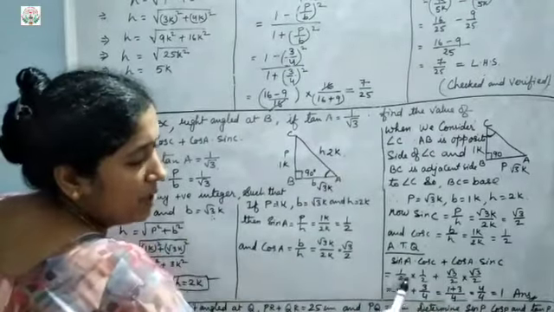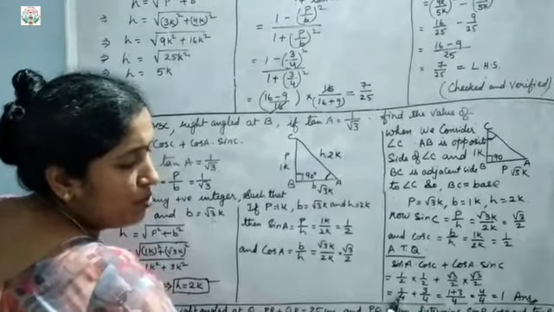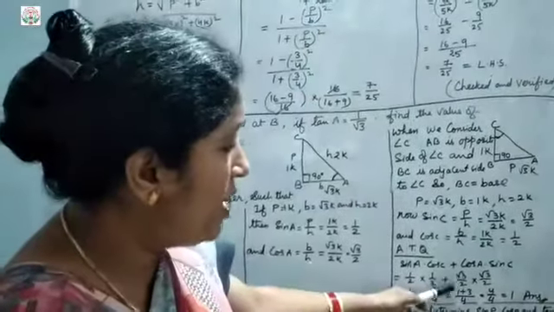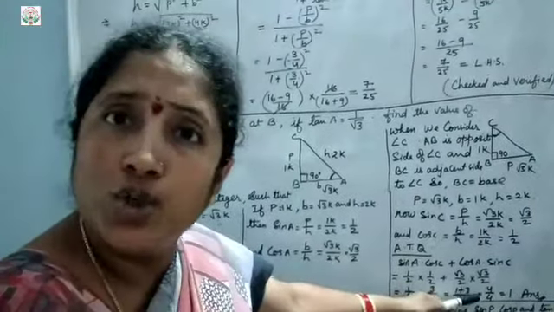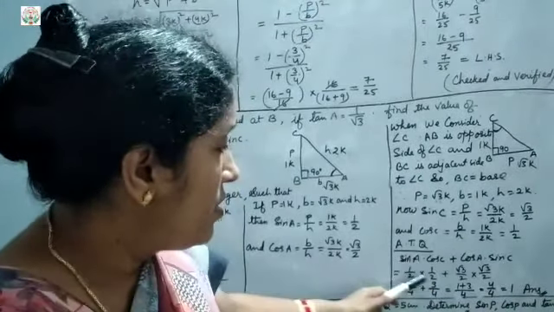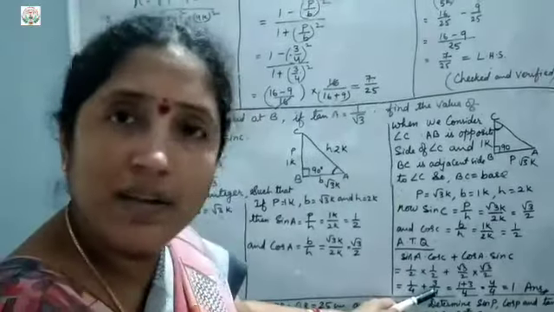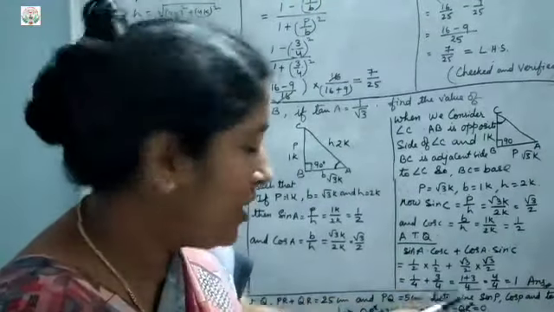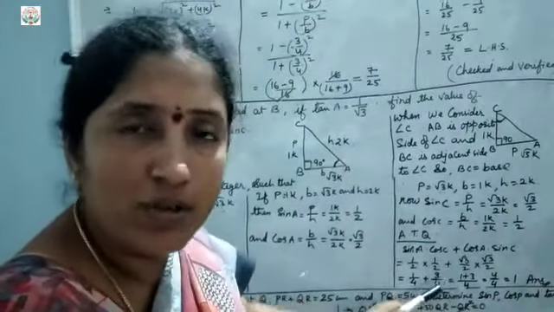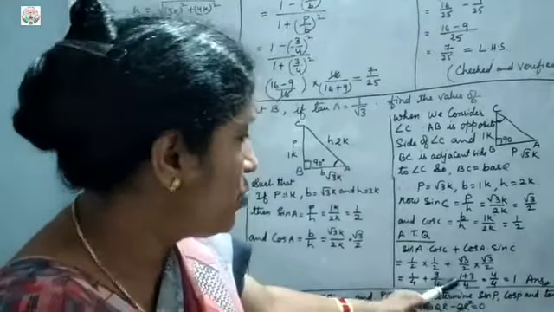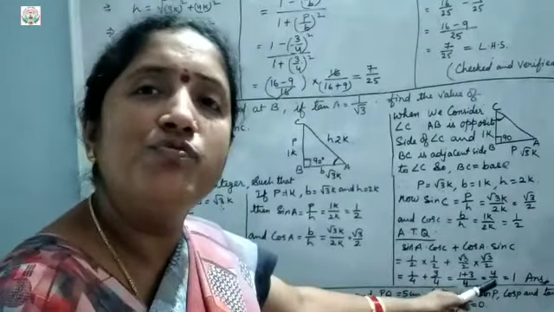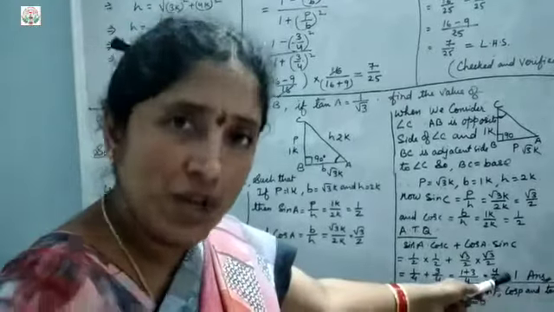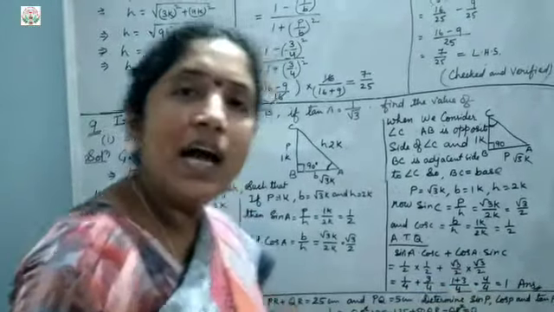Okay. So on multiplication, 1 upon 2 into 1 upon 2 we will get 1 upon 4. Then root 3 upon 2 into root 3 upon 2 gives 3 upon 4. Now take the LCM. Numerators will be added because the denominator is the same. So 1 plus 3 gives you 4. So 4 upon 4 will give 1. So 1 is the answer.